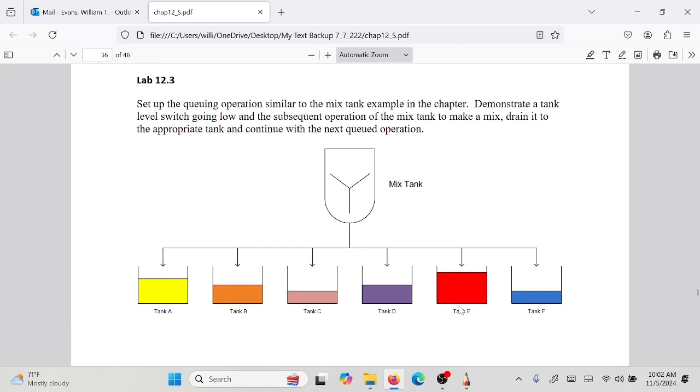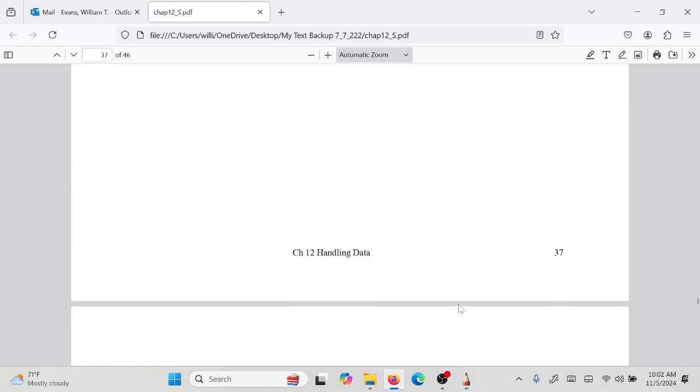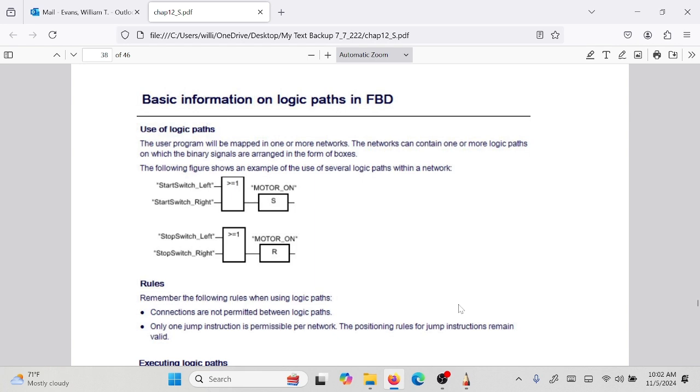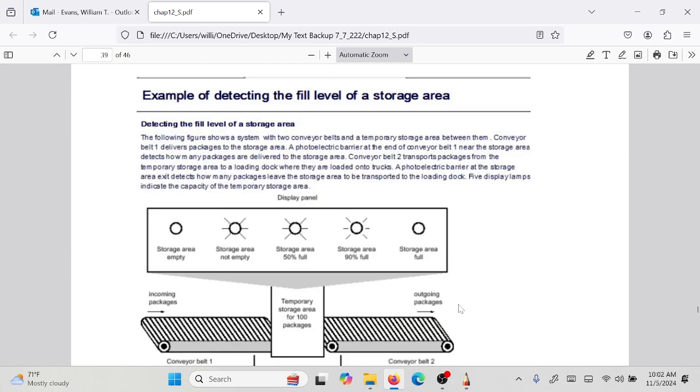Okay, so now we come to the last part of this chapter, and we talk, just briefly, about all these other languages, and look at the example that they gave in the Siemens material, this thing right here. This is all the other languages, and the example is one that they stole from the people that wrote the book, who stole it from me. So Siemens stole it from the Kaplan people who stole it from me. Anyway, they used the same percentages. I couldn't have said anything, because they drew the conveyors differently. But they used the same example to show the different types of